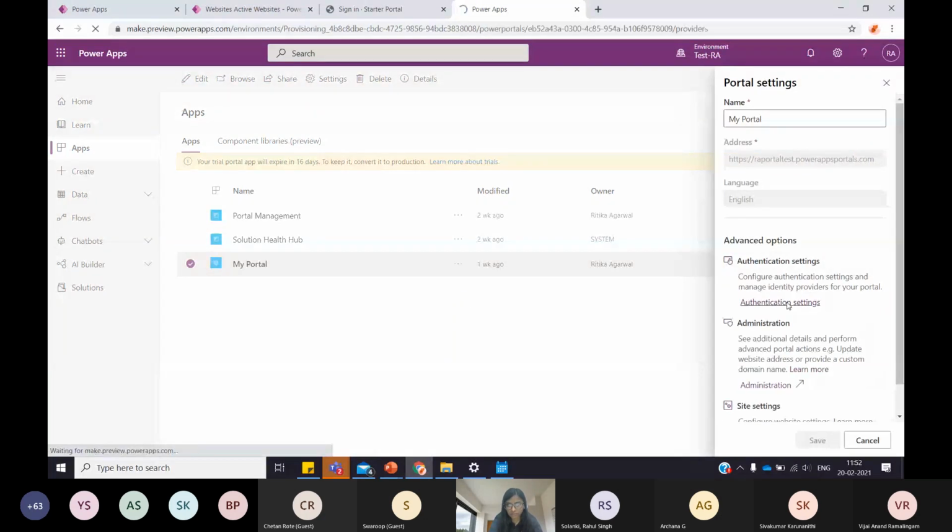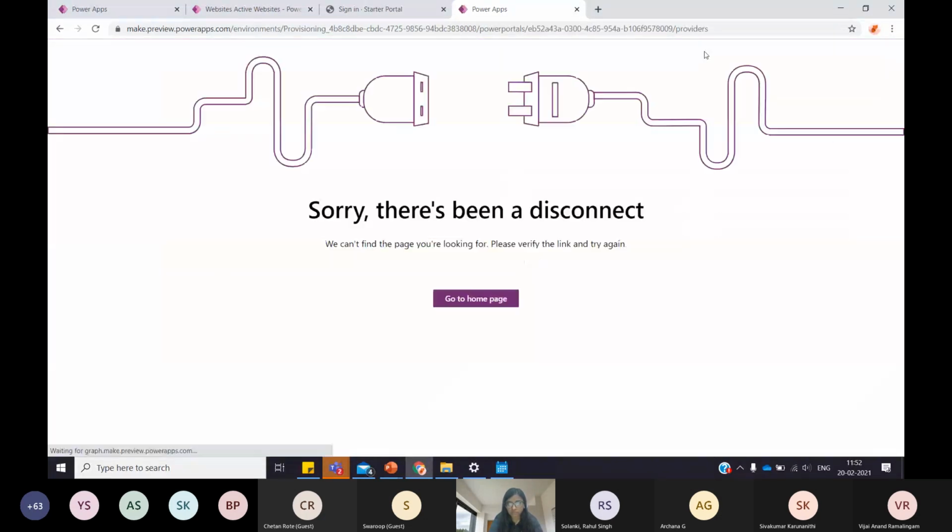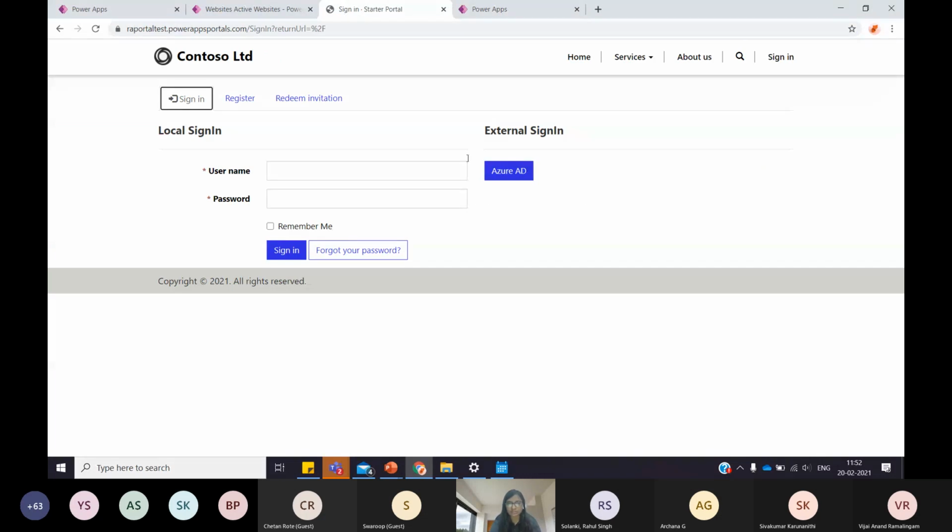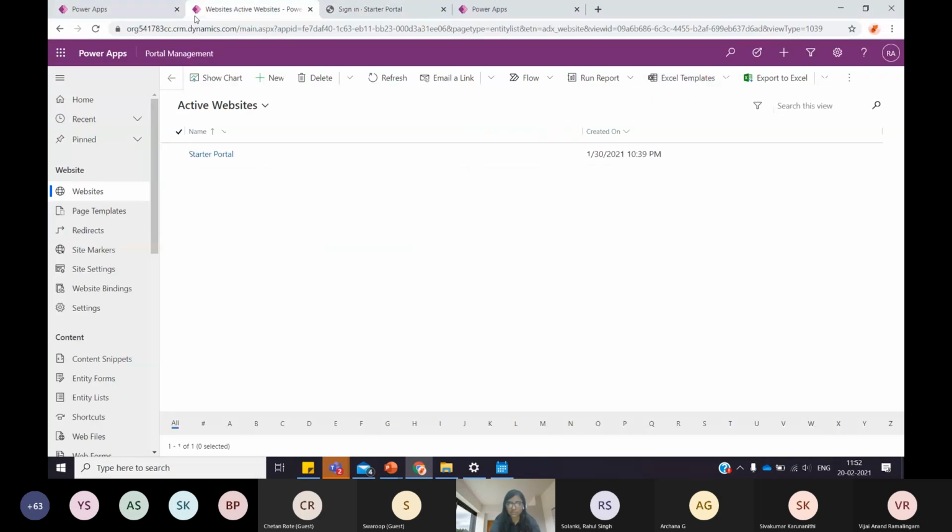Okay, settings. So right now it's not opening, but let me tell you verbally how it is going to look. So here, if you see the URL, it shows that it is linking to all the providers. Here, what you need to do is select an individual provider. Let's say I want to go with the Microsoft account. This one right here, Azure AD, is going to log in the person for the same tenant. So if I have an account in this BTD MPPYA tenant, then I'll be able to log in.